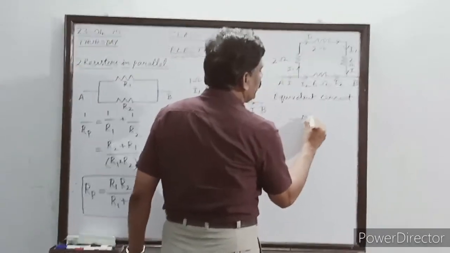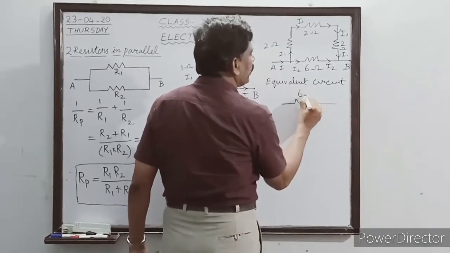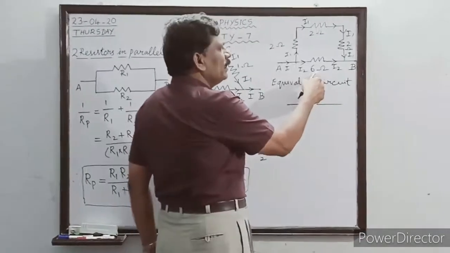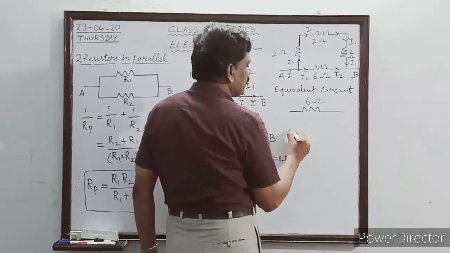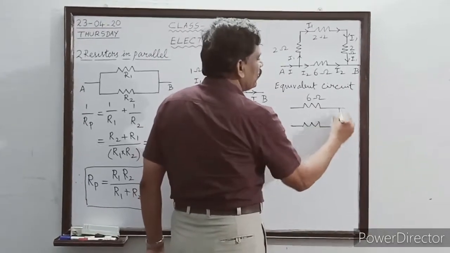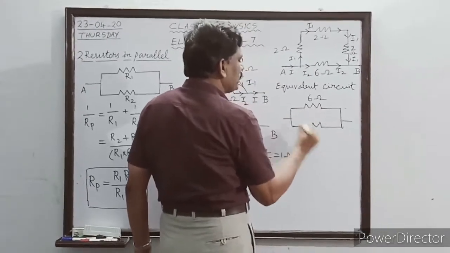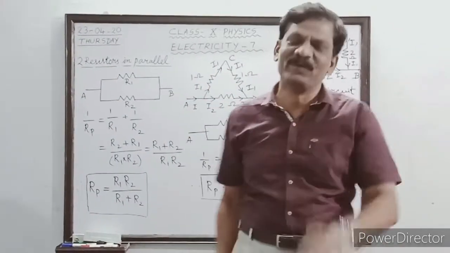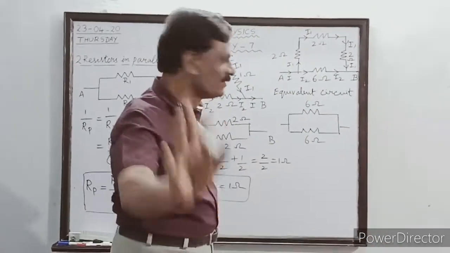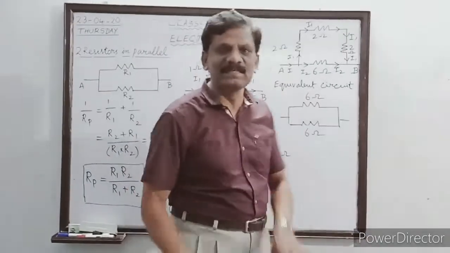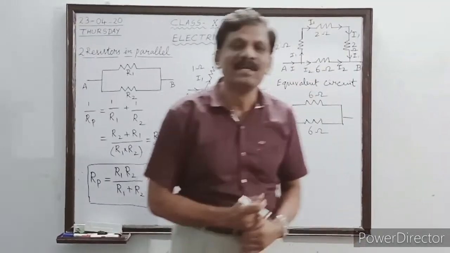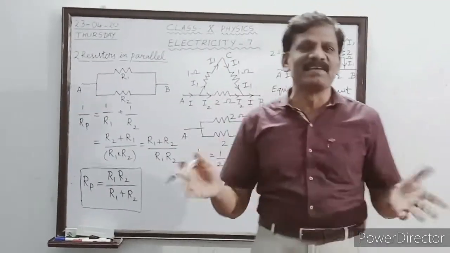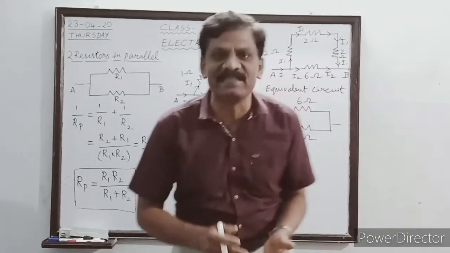So I will now write the value of the first resistor on the top: 2 plus 2 plus 2 is 6 ohm. And at the bottom, between A and B, another resistor of 6 ohm is connected. So these are the two resistors, 6 ohm and 6 ohm, which are connected in parallel. Your answer is right, your guess is good. The effective resistance is 3 ohm. Why? Because two equal resistors of 6 ohm are connected in parallel, and hence the effective resistance must be equal to half of that 6 ohm, that is equal to 3 ohm.